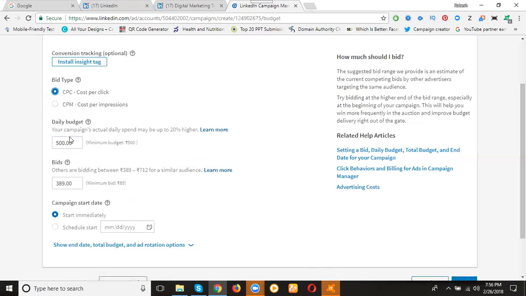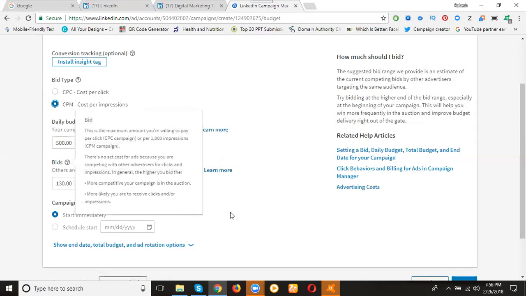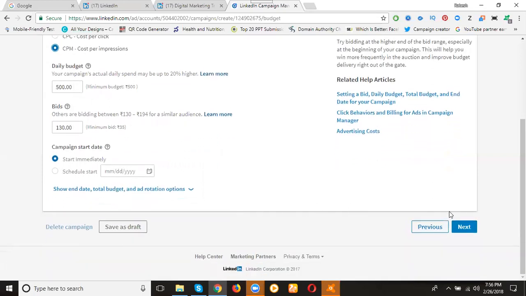So look here, I'm clicking a 500 budget. My bidding price is 389, and it is compared with other bidding prices, 389 to 712. Right now you can go with CPM here. Before clicking next, there are two options.